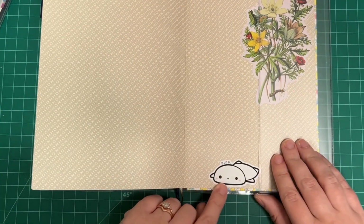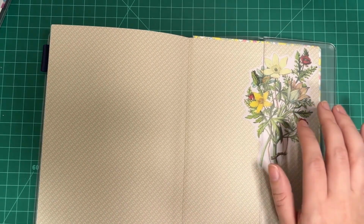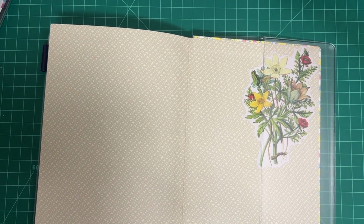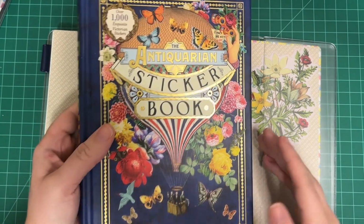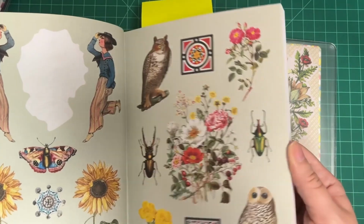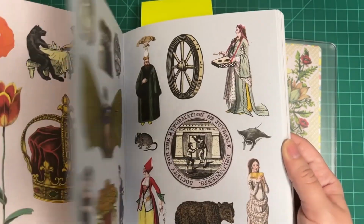I also got this blob from the Coffee Monsters Co. And I got this sticker from, actually, this huge sticker book that I forgot that I had. This was an impulse buy from Barnes & Noble, the Antiquarian sticker book. I love it because there's over 1,000 stickers of these Victorian era